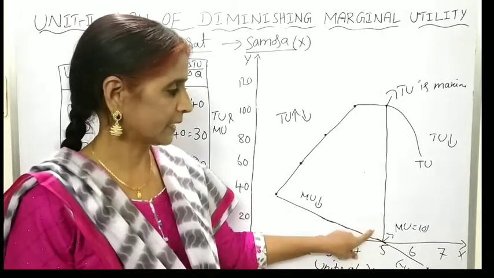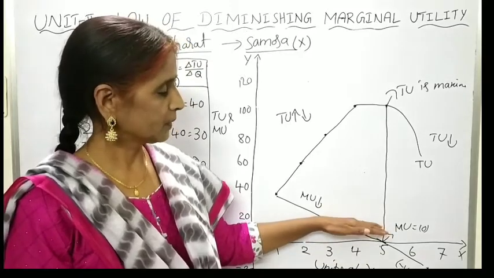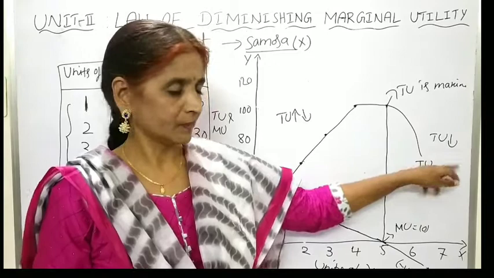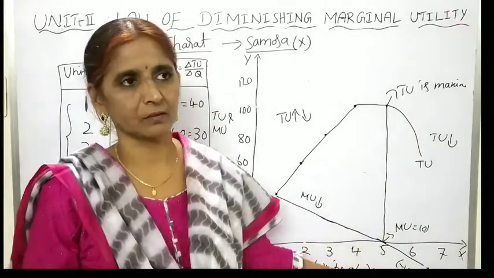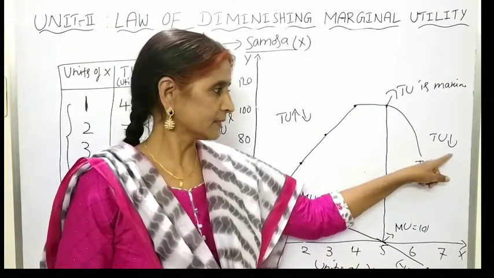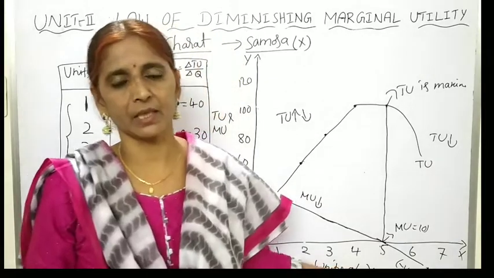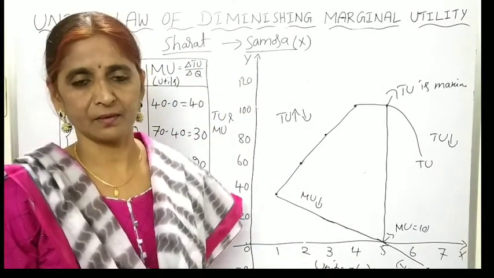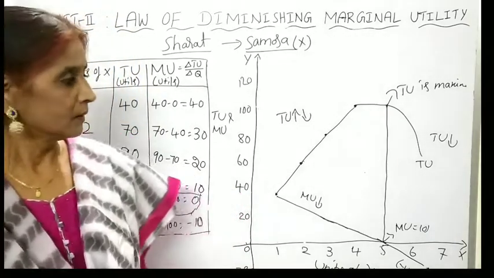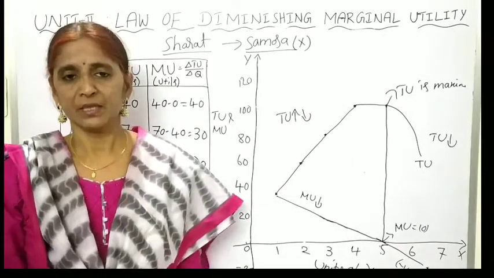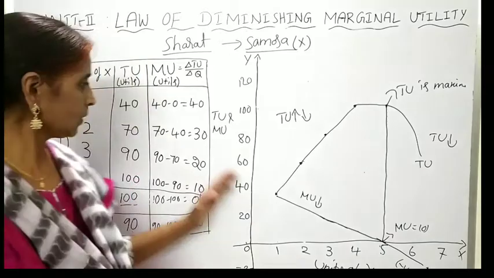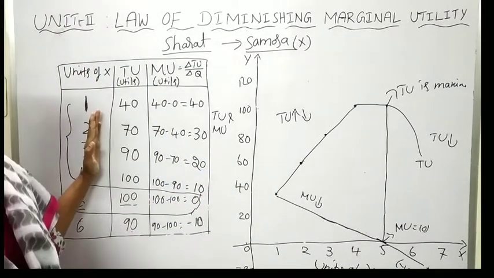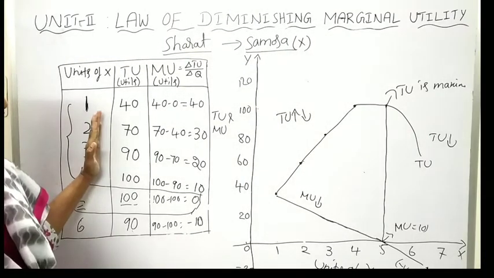Okay, satisfaction is maximized. And also if the consumer is consuming the extra unit, after that total utility will fall and MU will become negative. So whenever total utility is decreasing and MU becomes negative, it indicates that the consumer is getting disutility or dissatisfaction. Okay children, in the examination, while drawing the schedule, you have to draw the schedule on the same page. Do not divide it into two parts. Okay children, and explanation you are able.